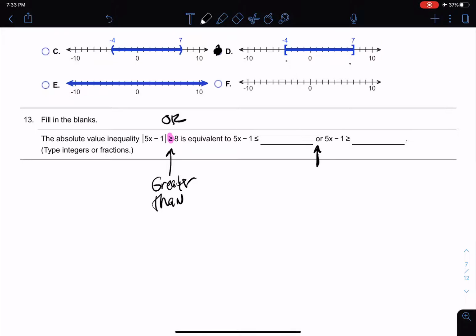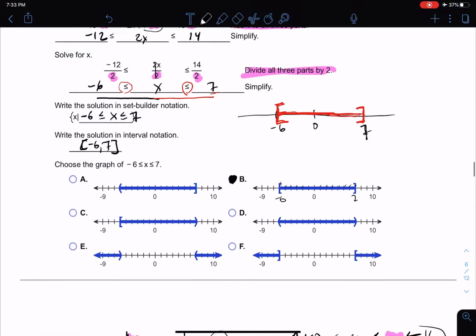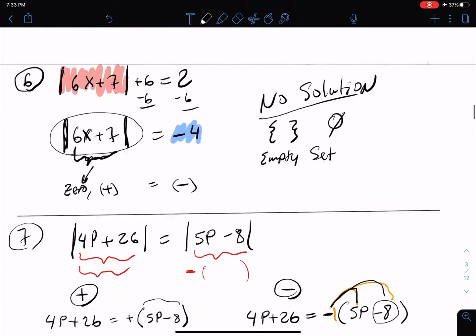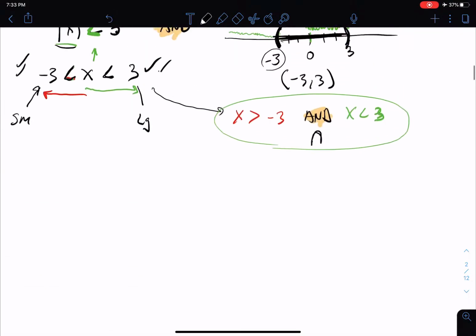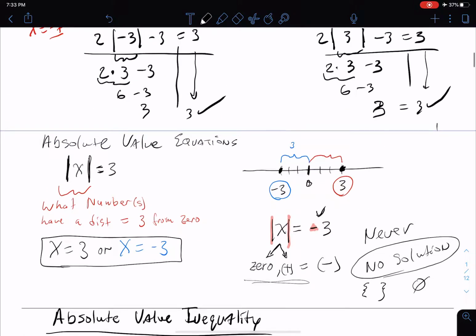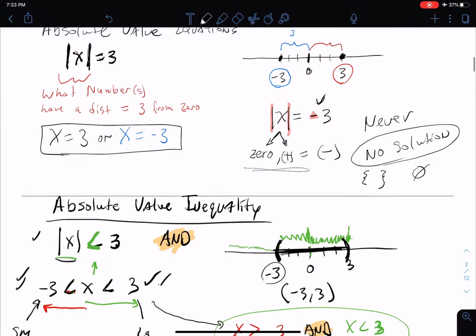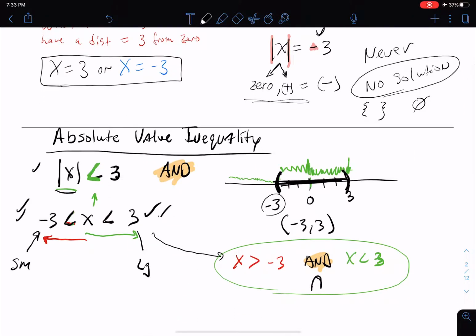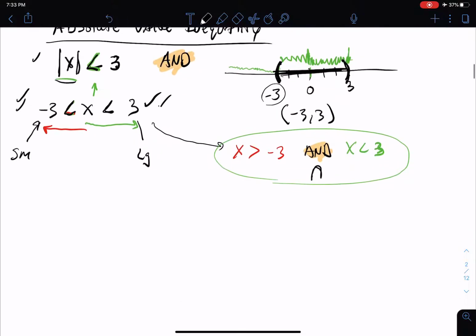So if I want to rewrite this in an equivalent way that I could actually now manipulate by using algebra, I need to go back to my notes. Because back in my notes, I covered an absolute value of a variable x is equal to a positive number. Then we covered an absolute value of x is less than a positive number. Now we need to cover